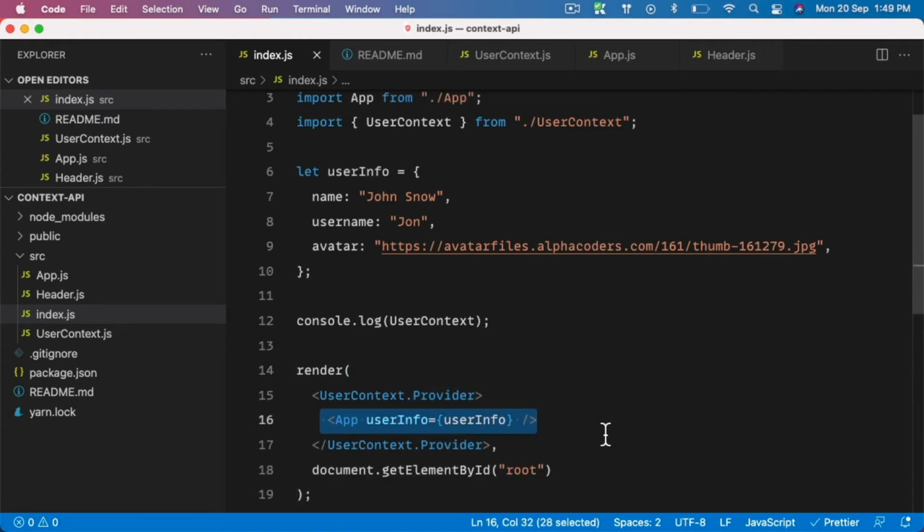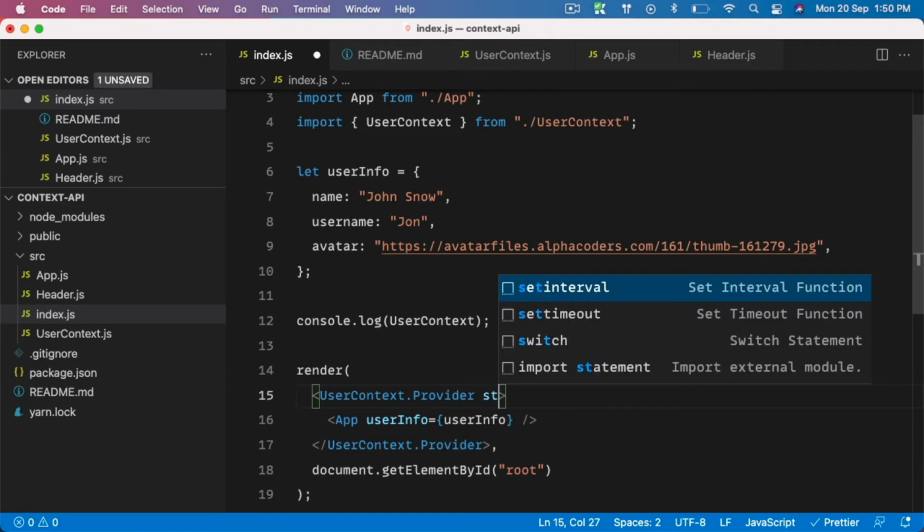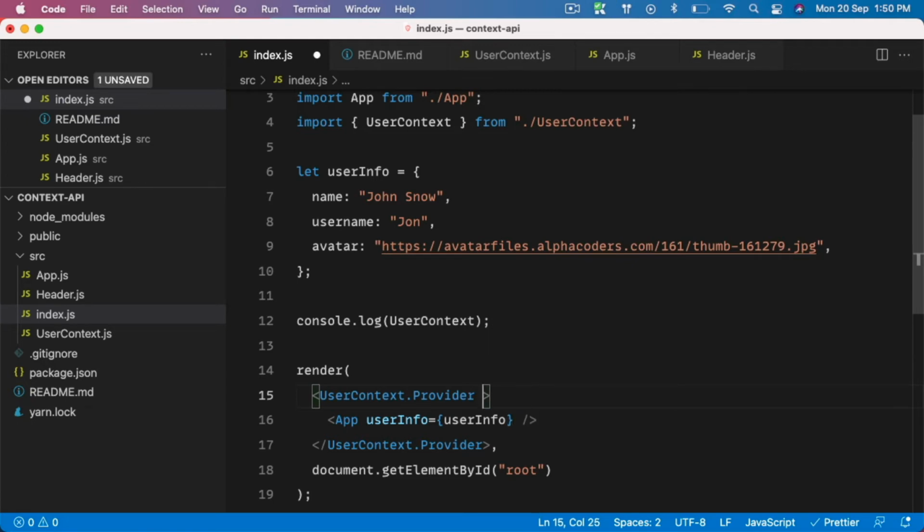And you have all the children that you need. So user context provider is through which we will provide value to user context. And the way you pass value to user context is by passing a property called value. So inside value, you need to pass what value you want user context to hold, because I'm trying to provide the value. Only if you provide the value, you can consume it, right? So here we need to provide user information. So this is how you provide the value.